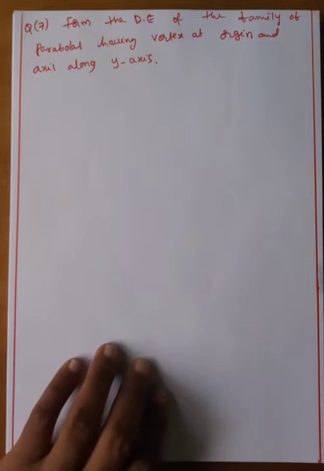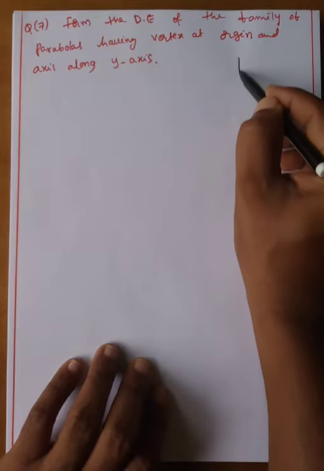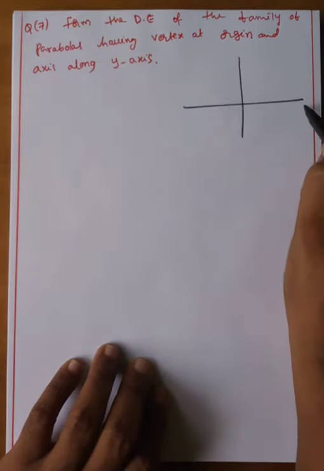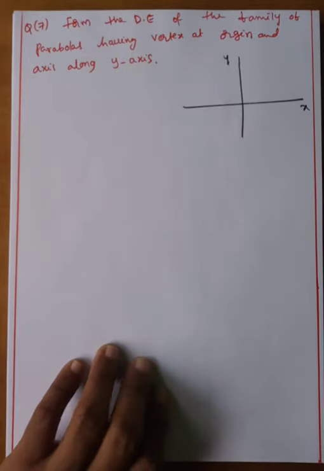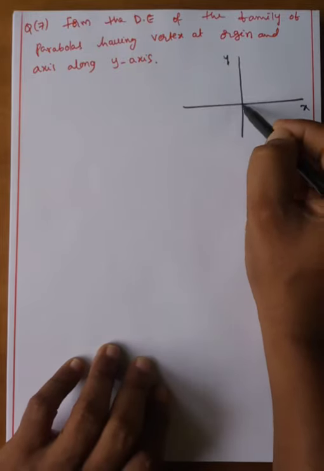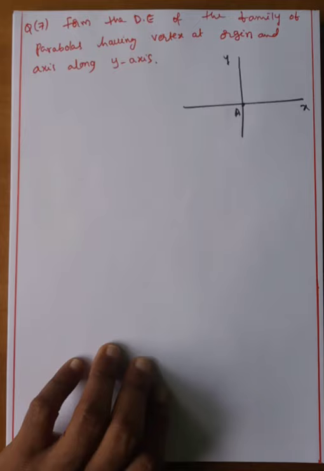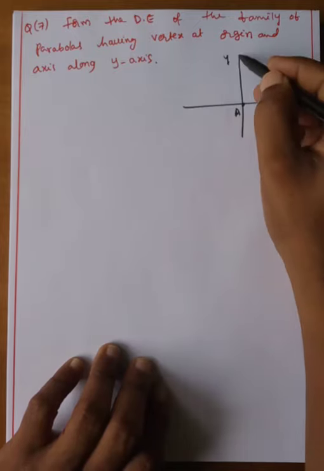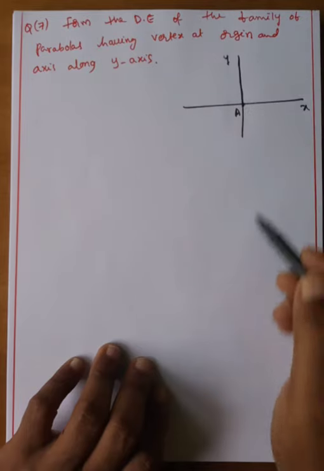Form the differential equation of the family of parabolas. Parabola, you know how many types of parabola there are in class 11: y square equal 4x, y square equal minus 4x, x square equal 4ay, x square equal minus 4ay, my dear students. Here it is clearly given. Now the vertex is given. Vertex is at origin. Now we will take it in this way. This is the x axis, this is the y axis. Vertex at the origin, and the axis along the y axis. Axis along the y axis means here this is the axis. What is the meaning of the axis?